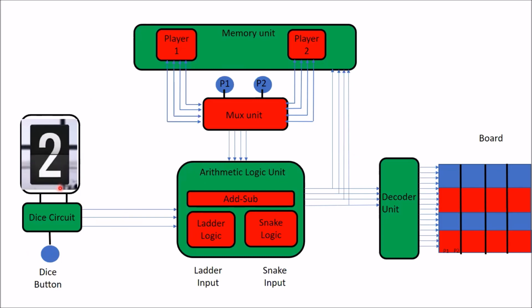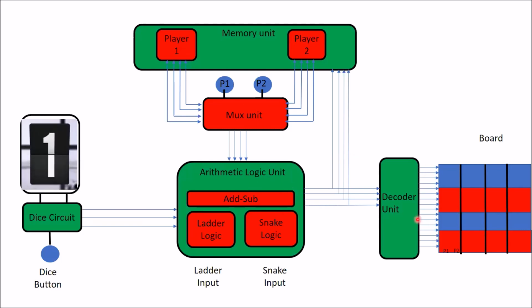On the memory unit, you can make it using your sequential logic. I will not explain this; you need to design it on your own. The mux unit: because there are two players, you need to switch between these two memory blocks and pass that into an arithmetic logic unit. As engineers, you need to customize your components and make them cost efficient and as small as possible. So no need to use two arithmetic logic units or two adder-subtractors for two players. Use a common circuit and use masking.